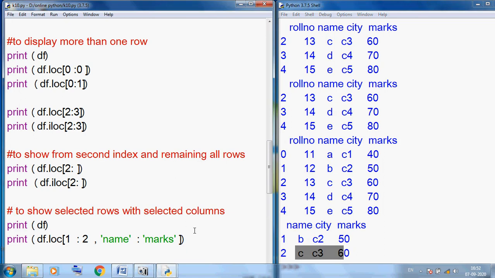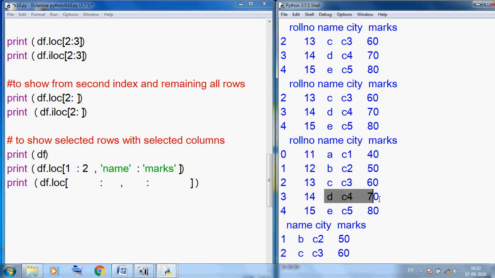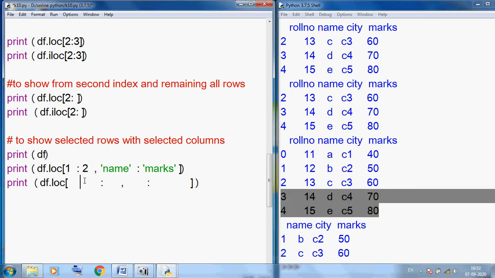Suppose I want to display this and this data. So what is the equation? We can use df.loc, with square brackets. But here I want to make a structure, so inside I use a comma, before the comma the row slice, and after the comma the column slice. First I want this and this data. So what is the row? 3rd to 4th. So here I am using 3rd and 4th.